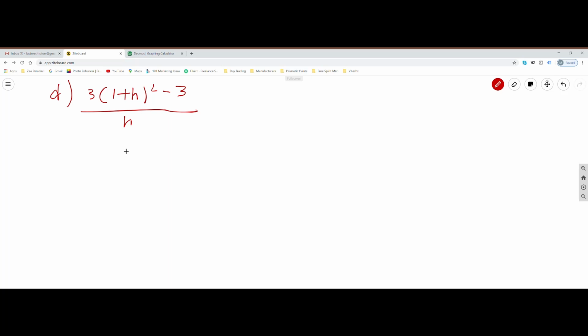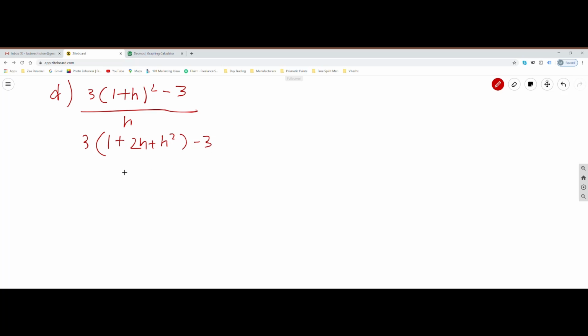So let's do the inside first. The rule is you would do 1 squared, which is 1, plus 2 times 1 times h, which is 2h, plus h squared,